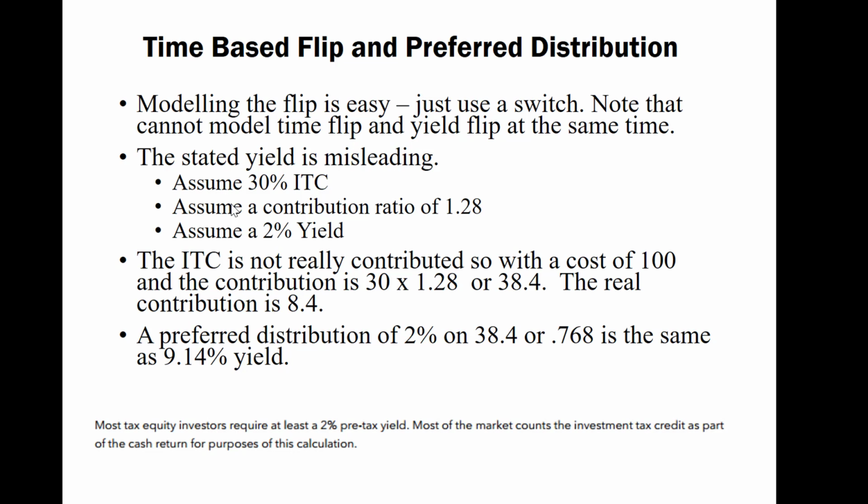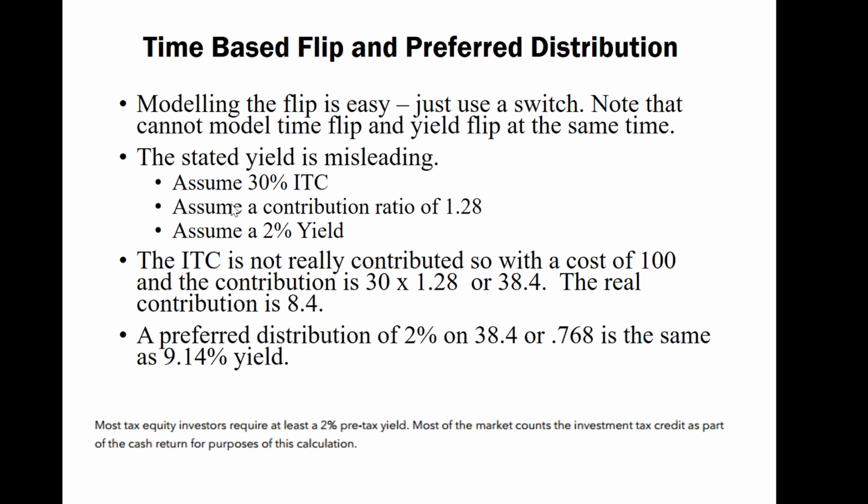And they have this thing called a contribution ratio. 1.28 would say, I'm going to contribute 28% more than the ITC. Why they put that? And then they have this yield of 2%. Now let's look at it. The ITC has never really contributed. You basically make your contribution, not maybe exactly the same date, but pretty close to the date you're going to get the ITC. So let's say you put in,